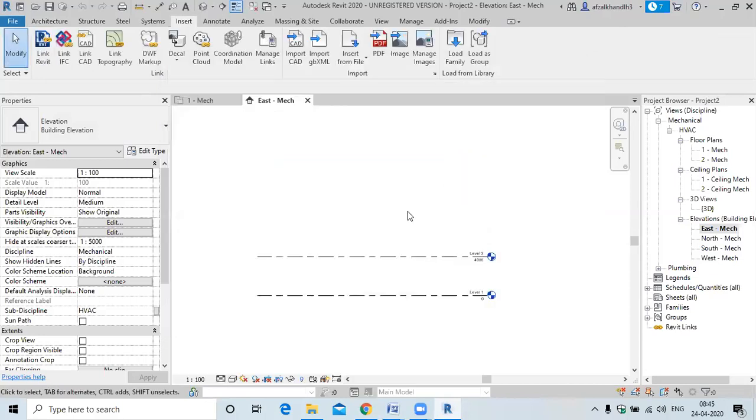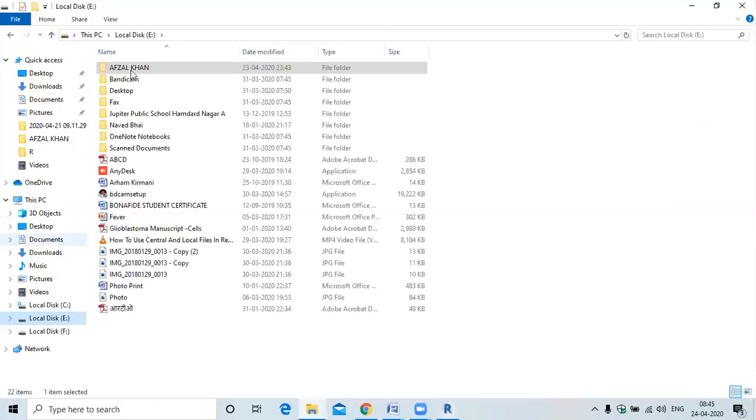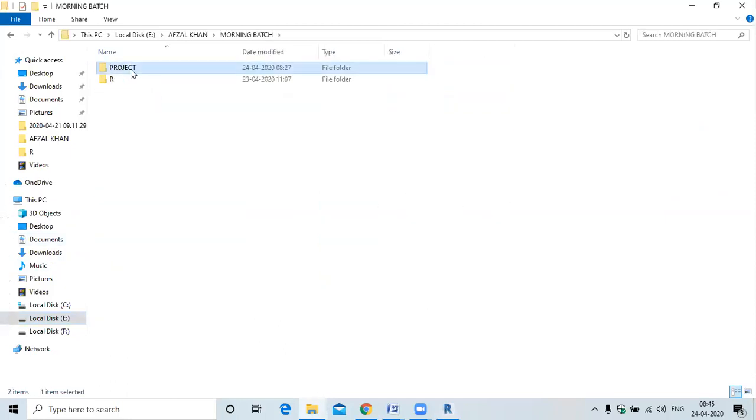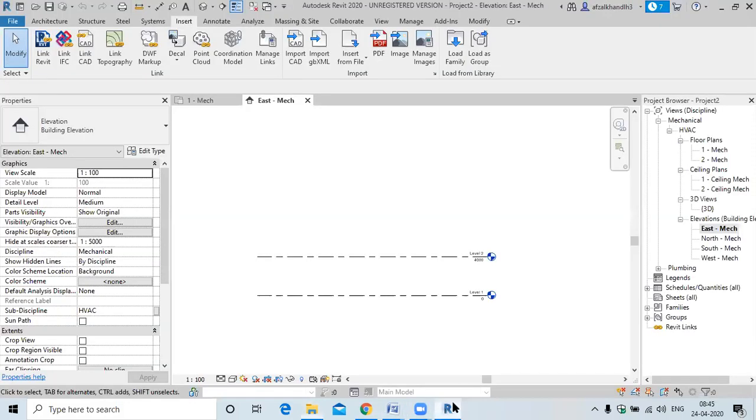Now I have saved the architecture file in my folder in E drive, Afzal Khan, morning batch, project, architectural and mechanical. So you can access it from here.